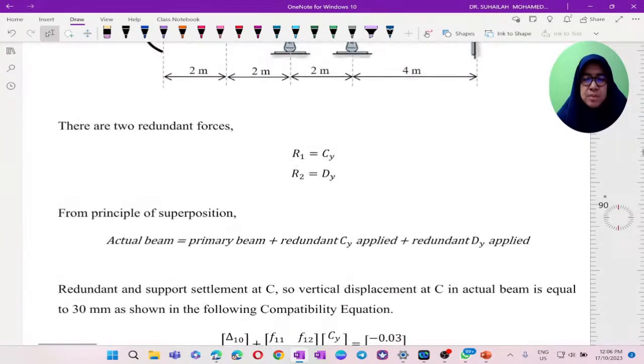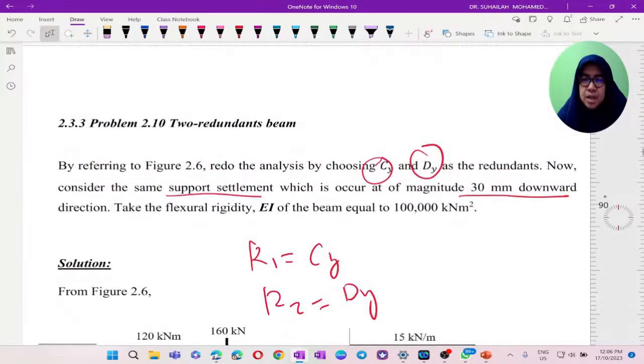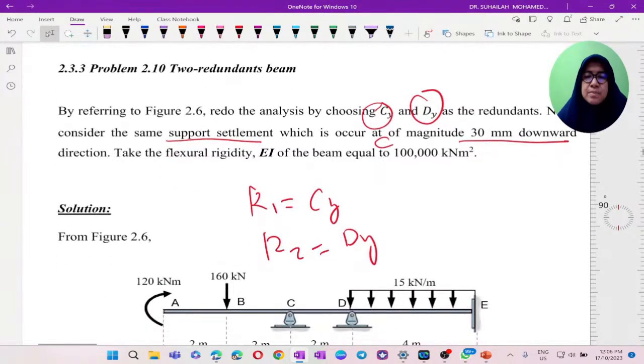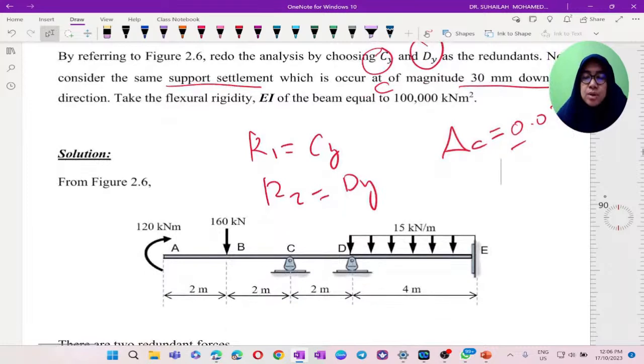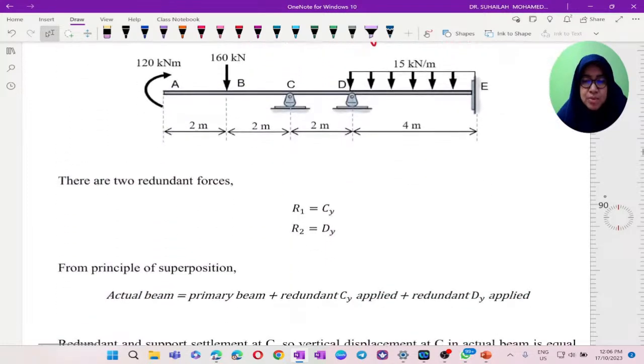Support settlement occurs at C. Support settlement occurs at C, which means delta C is equal to 30 mm, that is 0.03, 30 mm downward. Okay, so from this we will have